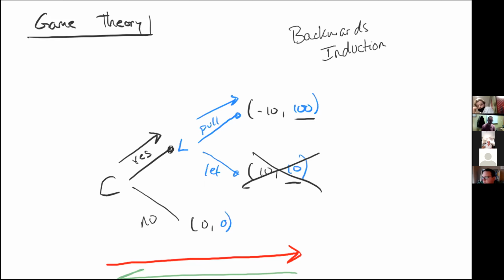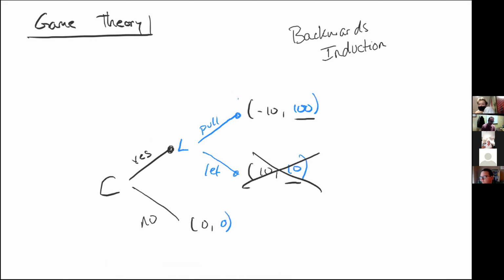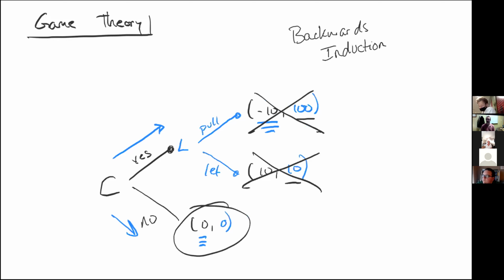Okay, so if Charlie Brown knows that, then he now faces a decision, right? He can say yes, in which case he'll get a payoff of -10, right? Or he can go this way, in which case he gets a payoff of 0, right? And 0 is bigger than -10. And so what we would say is that Charlie Brown is going to not choose to say yes, right? And we're going to get to this point here. Does that kind of make sense how I've solved this game? Okay, so let's